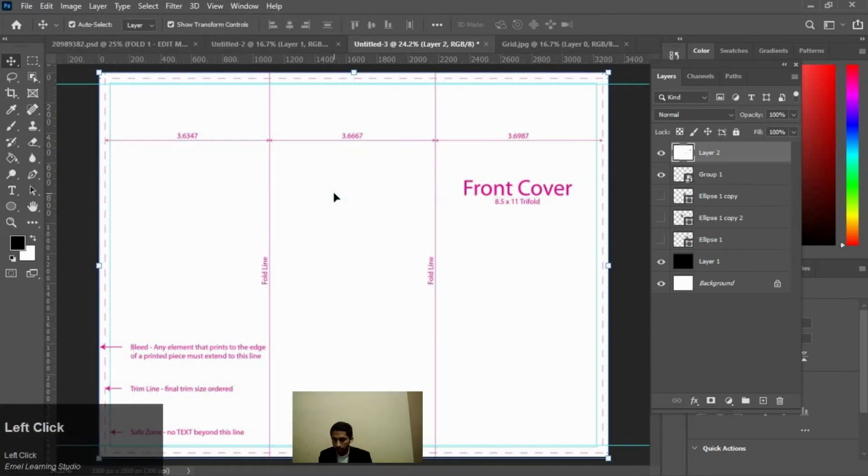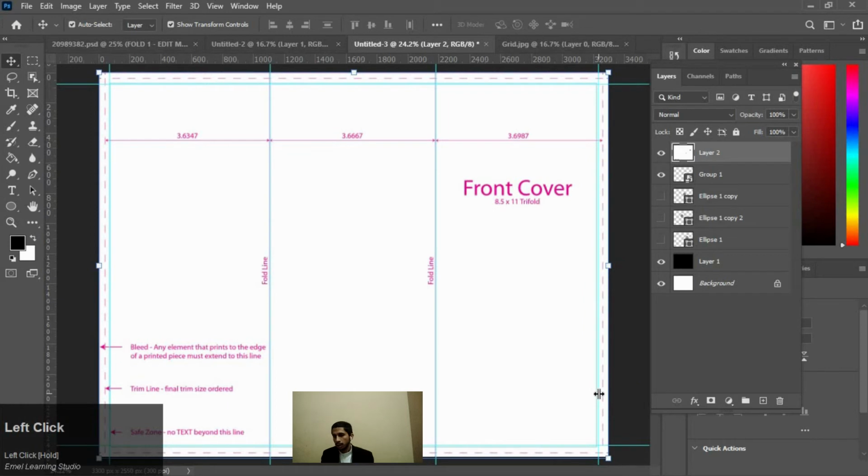I turn off this grid so that you can properly see. From the vertical side, take a ruler and place it here. Take another ruler and place it here, and take another and place it here, and the last, fourth one here.